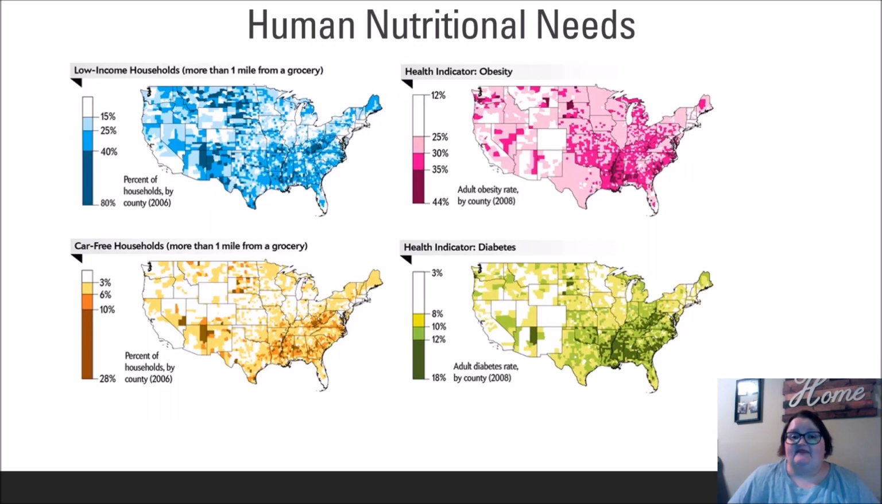Now, let's take a look at these four maps, which explore areas based on income, car availability, and the health indicators obesity and diabetes. Notice anything? These maps light up in the population-dense areas of the Southeast across all four indicators. They flow into the Midwest, the breadbasket of America. If you take the time to pause this video and compare these maps to the one on the previous slide,